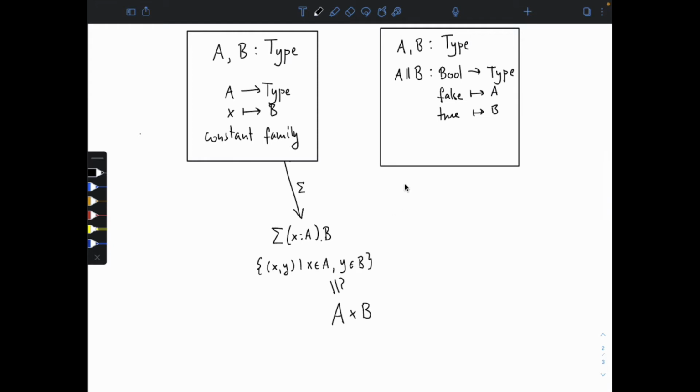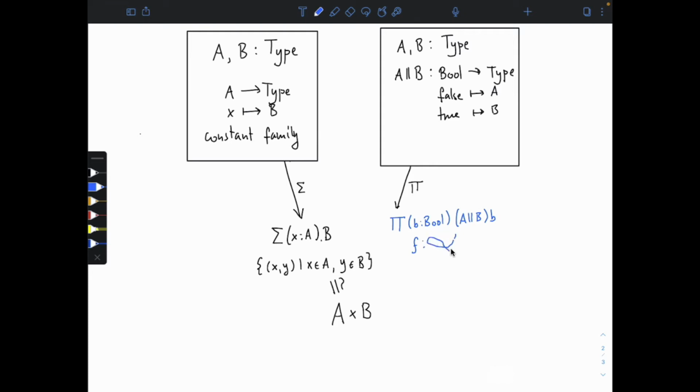Yeah? Okay, what happens if I take pi here? Well, if I take pi here, that's going to be pi. Let me switch colors. It'll be visually separated. So if I take pi, that's going to be pi b in Boole of a b applied to b. So what's that? Well, that's a function. So what's an element of this? An element of this is going to be a function f